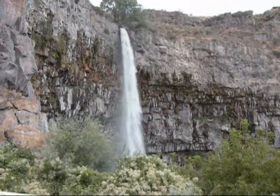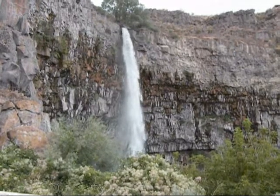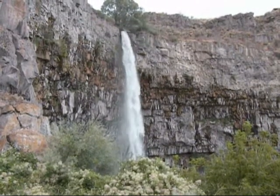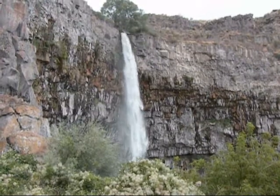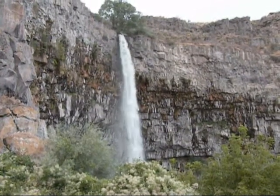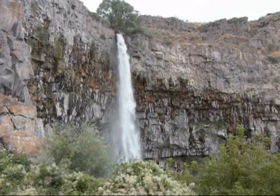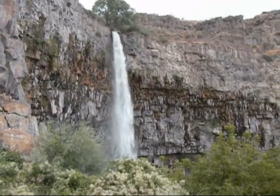This is a waterfall, Larry, that's on the road to go down to the canyon where we had the boat. It's like one of those springs Steve was telling you about. But it's pretty cool. You can get out there and walk and go underneath it if you want, but we're lazy. I'm not going to do that. So, anyway, we thought it was...